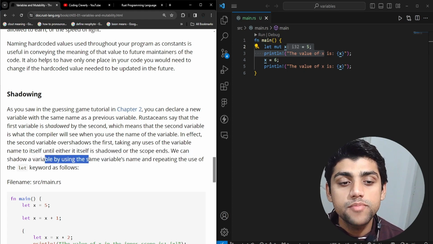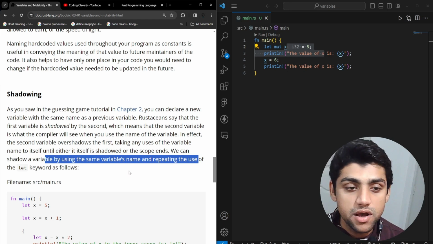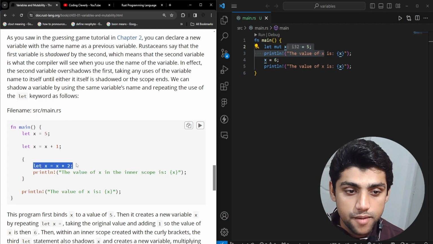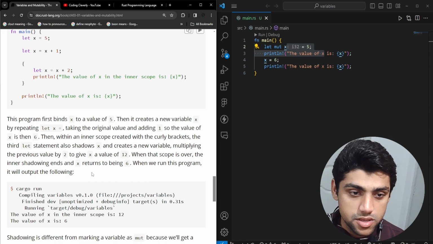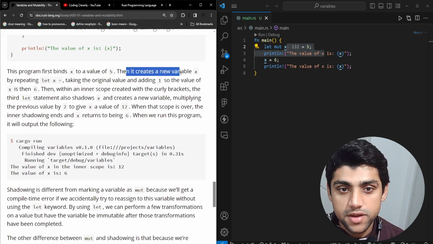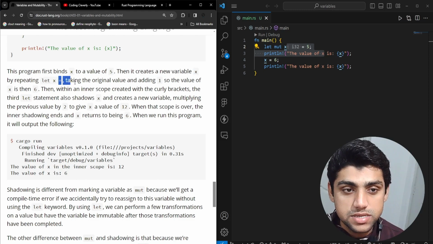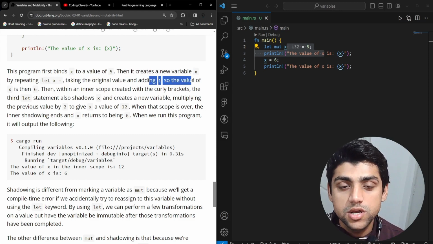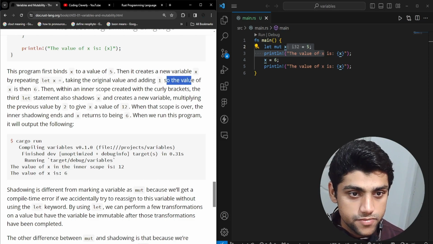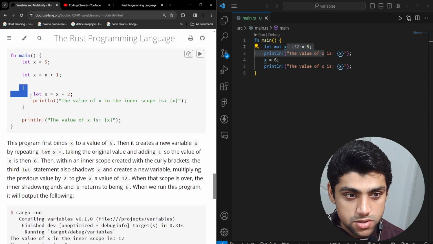We can shadow a variable by using the same variable's name and repeating the use of the let keyword as follows. So we can see over here let x equal 5, and after that we basically shadow the variable by saying x plus 1, essentially 5 and then 6, and then put in x. And then you can see over here there's this inner scope, and then there's this outer scope. The program first binds x to the value of 5, then it creates a new variable x by repeating let x equals, taking the original value and adding 1, so that the value of x is then 6, obviously. Then within an inner scope, so this is the inner scope,